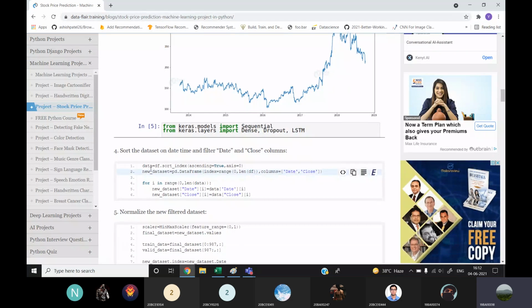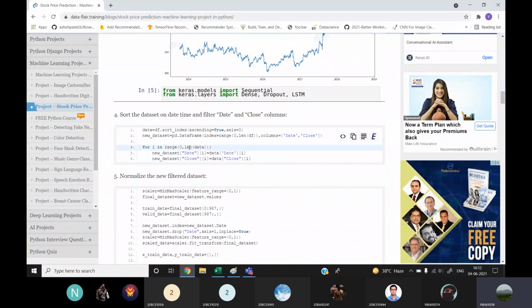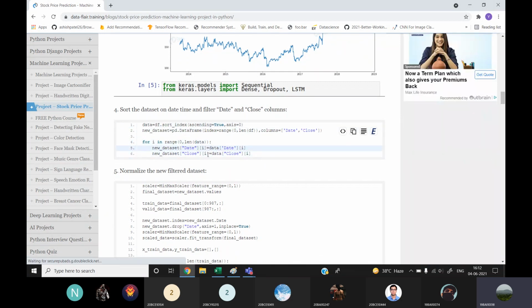For that, we simply do data = df.sort_index(ascending=True, axis=0), which means ascending order across all the rows. Now we will store this sorted dataset in a new variable called new_dataset, which holds all the values of the sorted dataset.